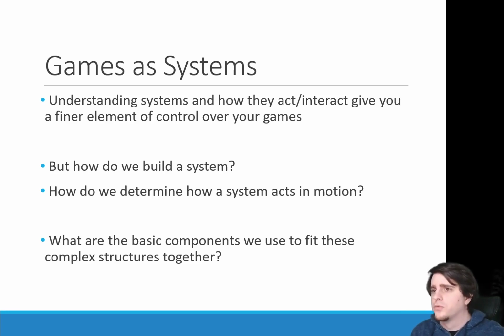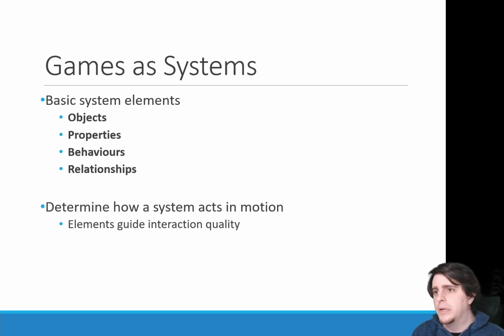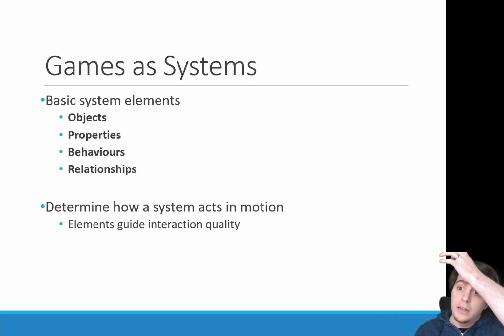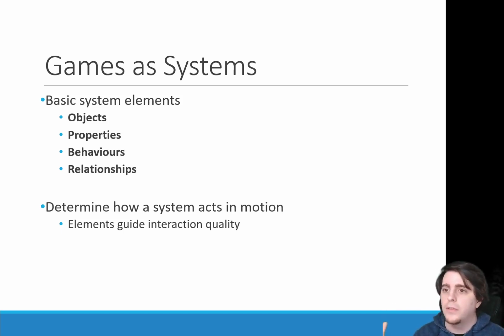And systems really have four basic elements, and they all build on top of one another, which is great and fantastic. So we have objects, we have properties of those objects, we have the behaviors that objects can do, and the relationships between different objects within the system. And all of these things coming together give you an idea of how that system is going to act in motion. So how changes within the system are actually manifested really depends on the nature of those different objects and the ways that they